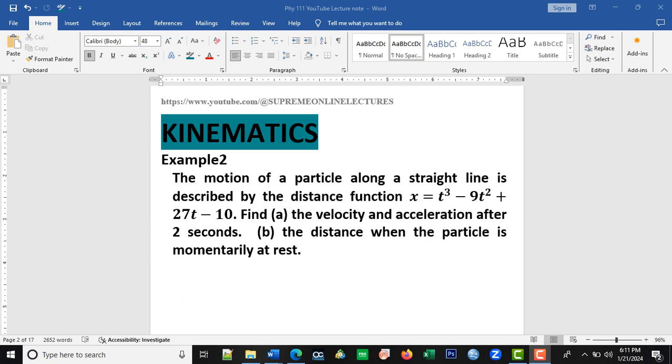Okay, so the distance function is x equals t cubed minus 9t squared plus 27t minus 10. The first instruction is we should find the velocity, and secondly the acceleration after 2 seconds. Okay, so before we